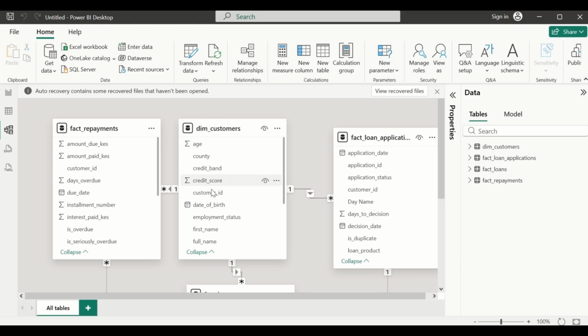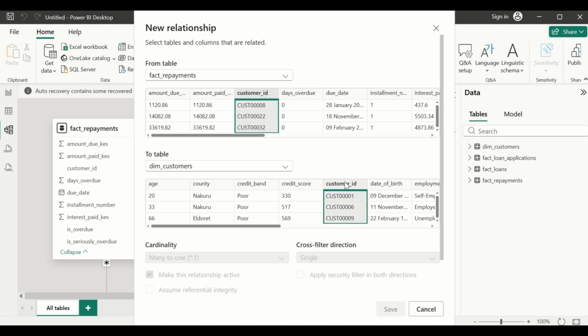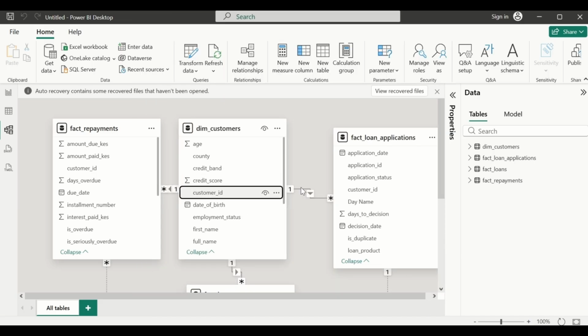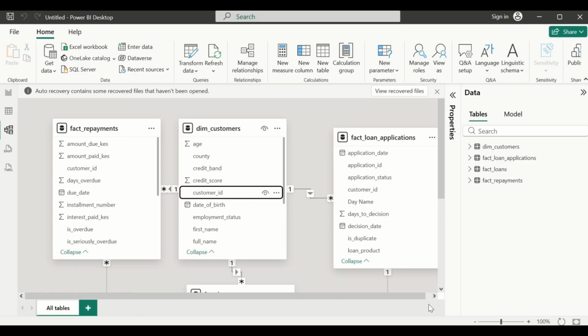The primary key in the dimensional table is customer ID. So you will just drag and drop to the customer ID. Now it's this customer ID. We are connecting it with the customer ID, and then we cancel. So after here, we have the facts table here, so we can drag the customer ID to its fellow customer ID in the facts table. So we have customer ID connected with customer ID,